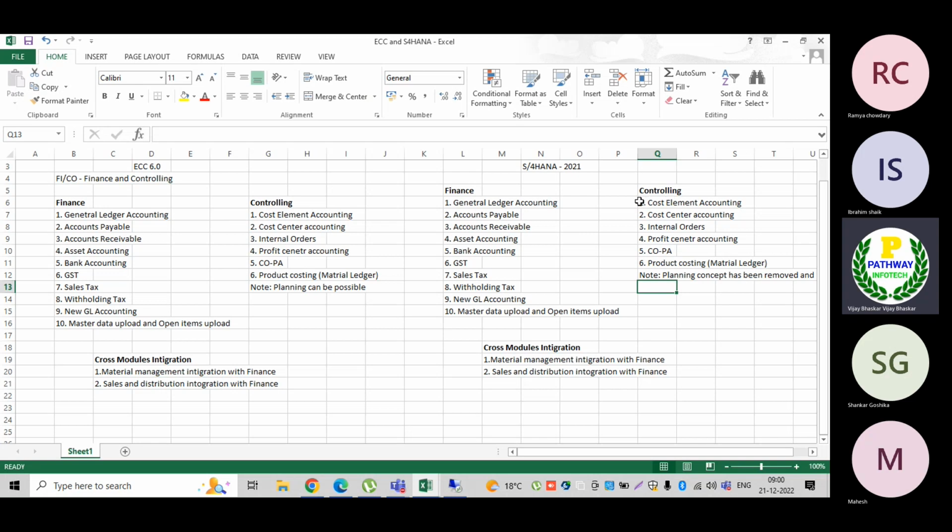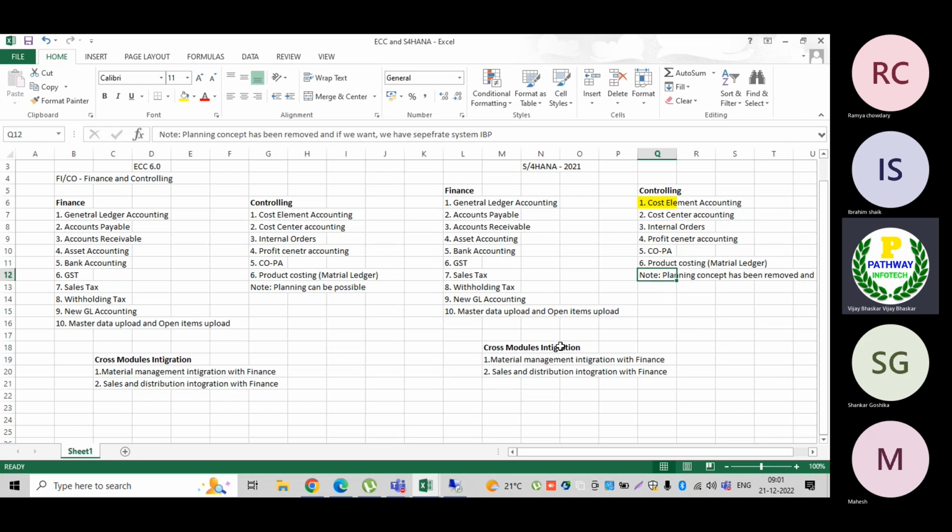Now cost element accounting is not there in the S4 HANA system. In the controlling module this has been completely removed. All the primary and secondary cost elements are turned into GL accounts. Cost center planning will remain, and everything else is the same. But now the Fiori apps concept is one additional change. Cost element accounting has been removed, then the planning concept has been removed, then architecture changes, they have introduced only